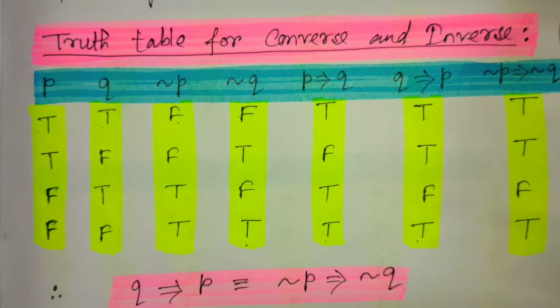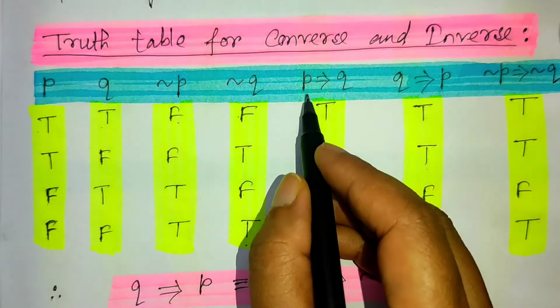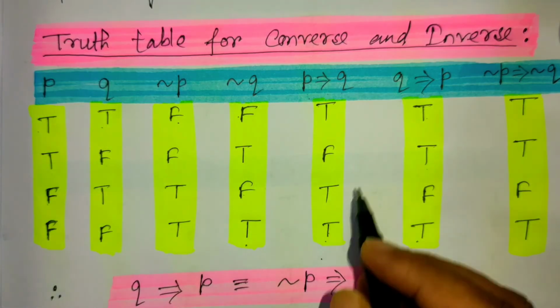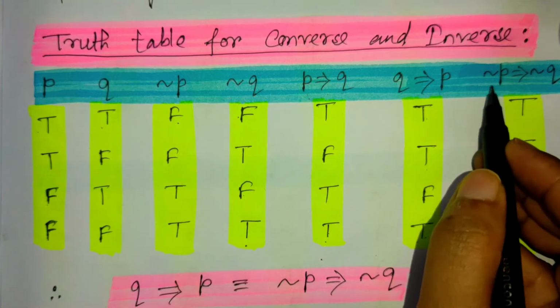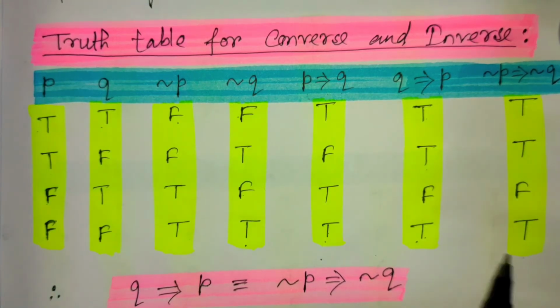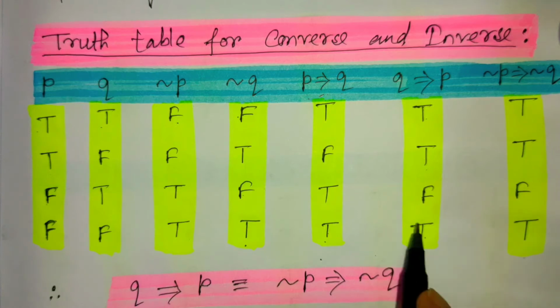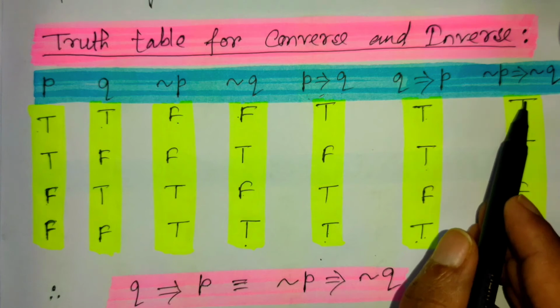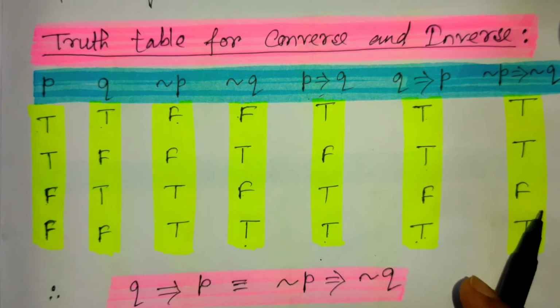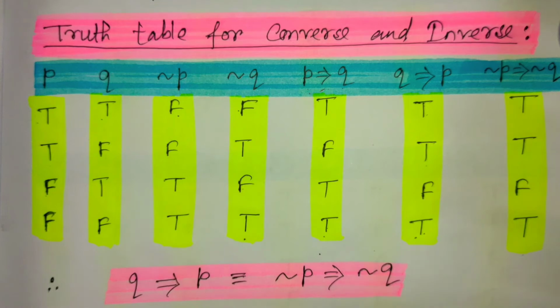Okay, so now just emphasize these three. This is the outcome of P conditional Q, this is the outcome of Q implies P, and this is the outcome of not P implies not Q. Now this one is completely different from these two because their outcomes do not match. That means whatever conditional statement is given, it is not equivalent to its converse and its inverse. But if we compare the inverse and converse, we shall find these two are the same. So on this slide we can say that these two are equivalent.